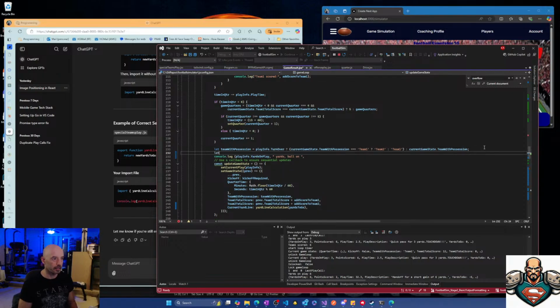We'll say let current yard line equals. Oh, I think that's the problem. I'm reading the wrong thing. This is supposed to be play info. That's probably what's